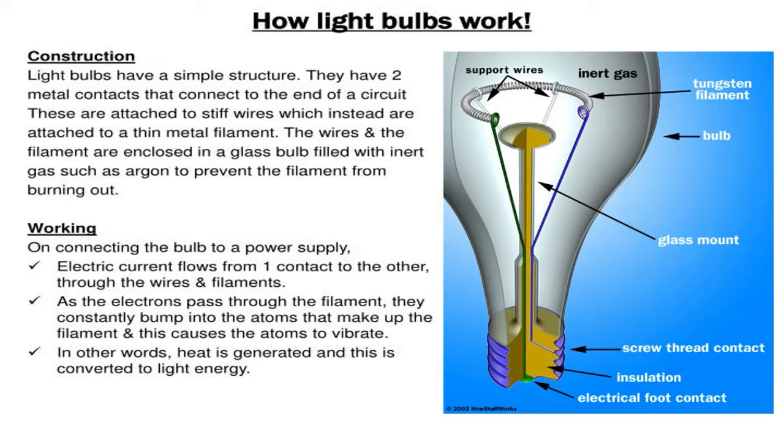Okay, so what is causing this vibration? It is the current that is passing. We studied in the beginning that in an electric circuit the electrons are moving, and this helps to generate whatever form of work we are doing in that appliance, to convert that. Okay, so here it creates heat energy and because of that it is converted into light form. So in short, heat is generated and this is converted to light energy.